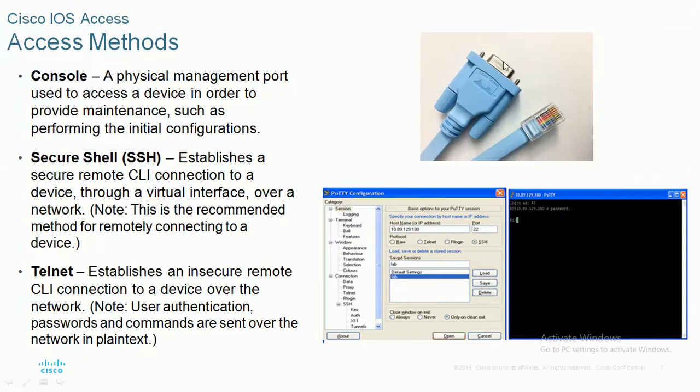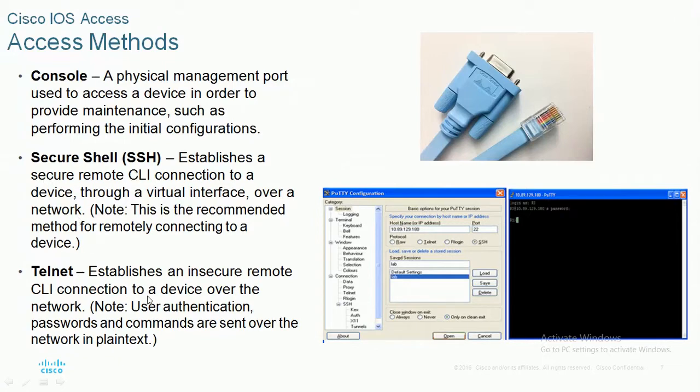But for secure shell or telnet, we cannot use the physical port. We are going to use the virtual interface on the switch or on the router to access the switch information or router information. That is nothing but secure shell and telnet.